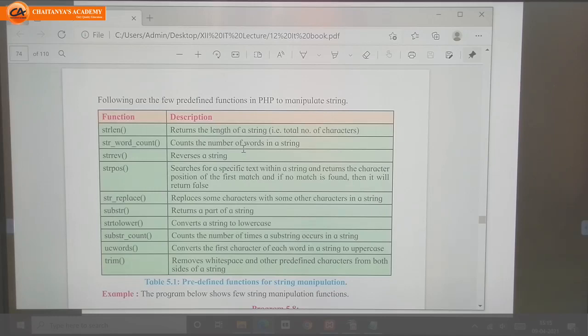Next, now we are going to see strings in PHP. String is a data type of variable which has a series of characters, or a series of characters plus numbers.